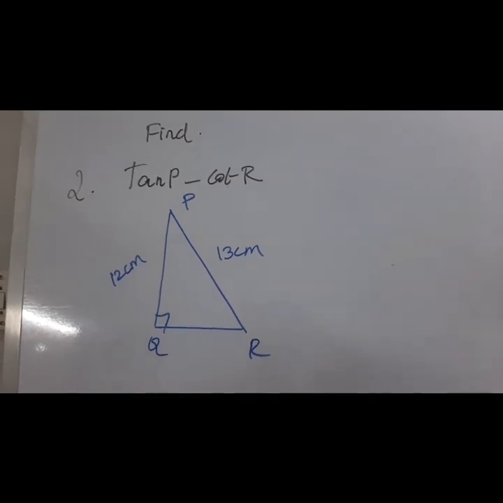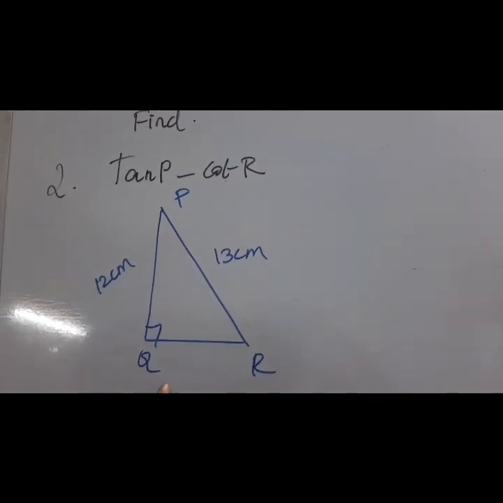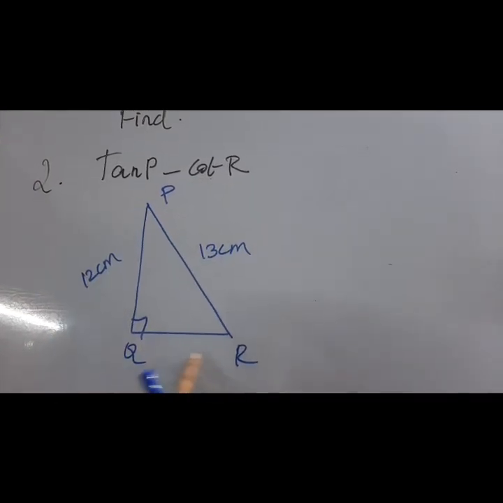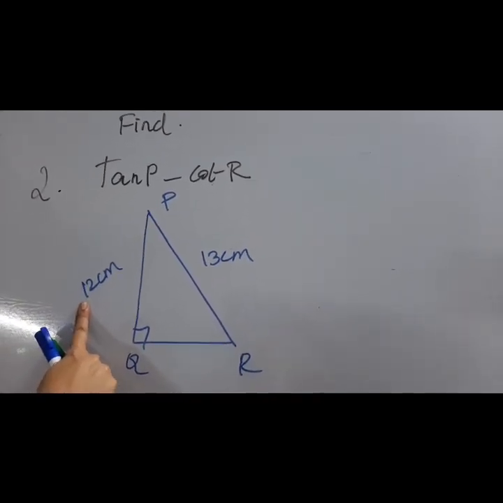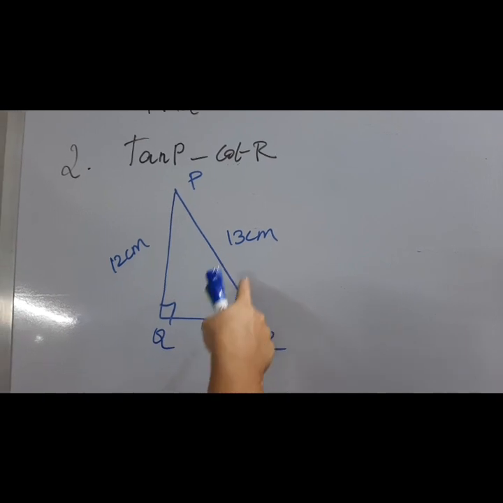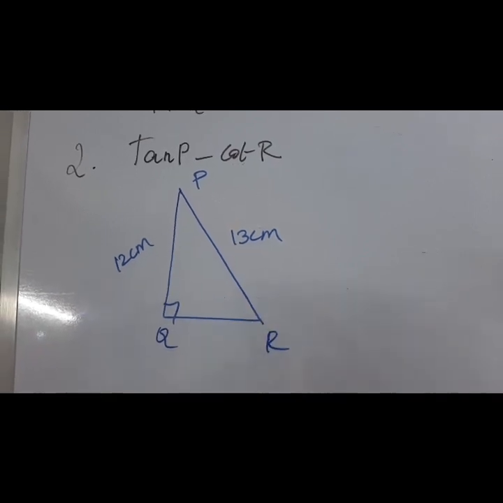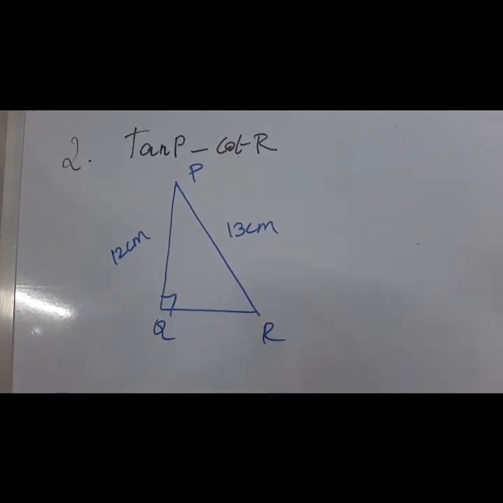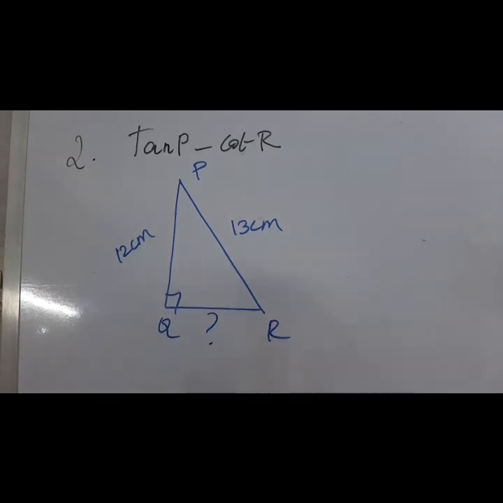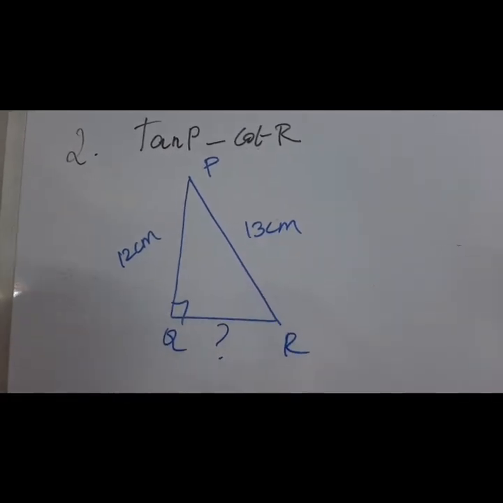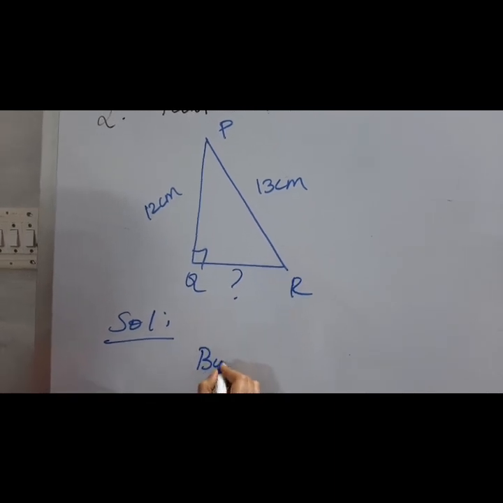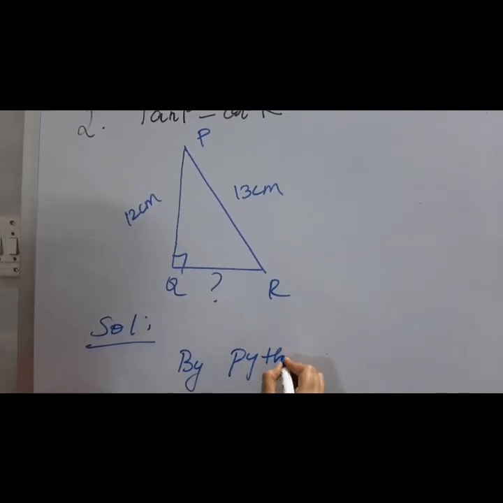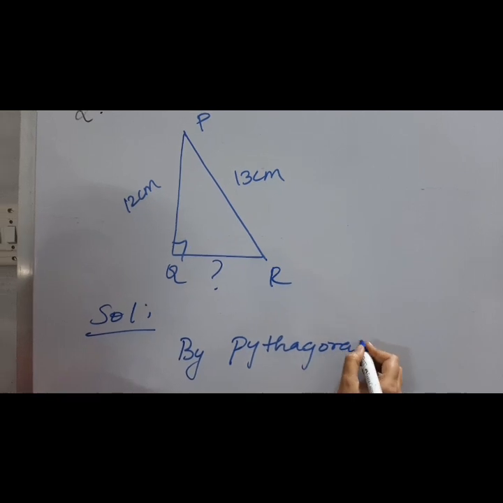Now check the second sum. They gave a right angle triangle PQR, and the measure of PQ is given as 12 centimeter and the measure of PR is given as 13 centimeter. So first we need to find out the value of QR. To find out the value of QR, what we will be doing is the Pythagoras theorem,